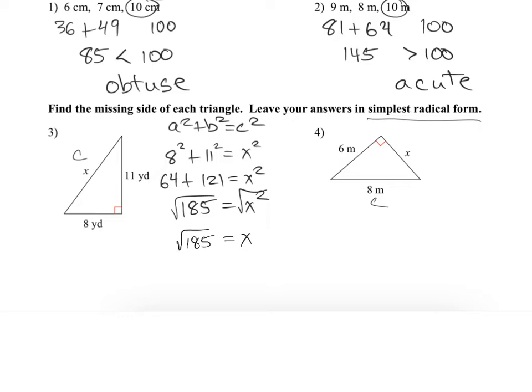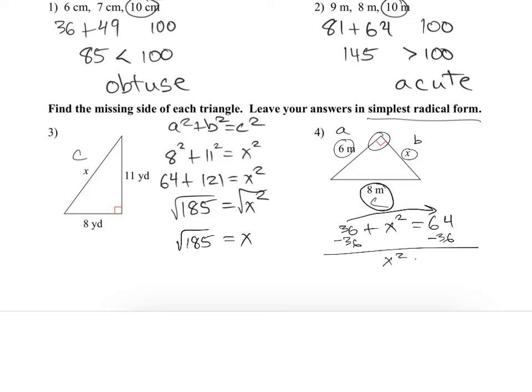Now we look at number 4. And again, this is your c. The two legs make up the 90-degree angle. So a and b would be 6 and x. It doesn't matter which one's a or b. Okay, so a squared, 36, plus b squared, x squared, equals c squared, which is 64. So you need to move the 36 across the equal sign, so we subtract it. So x squared is equal to